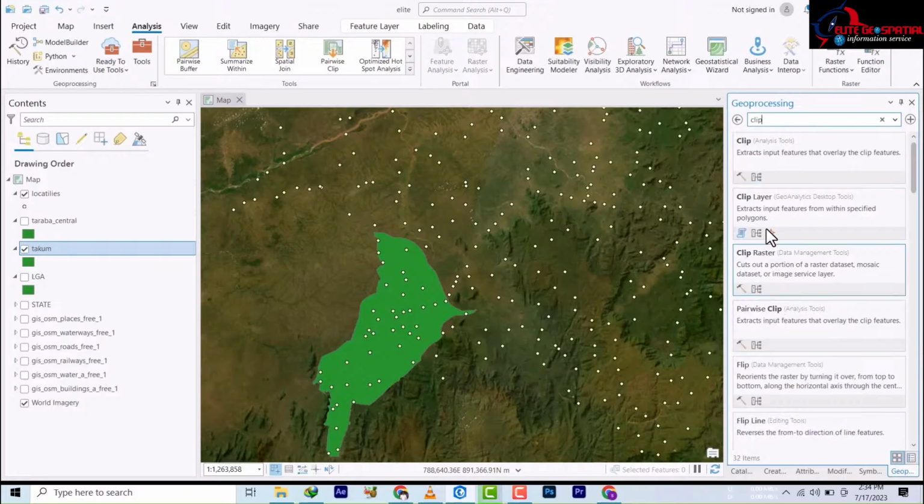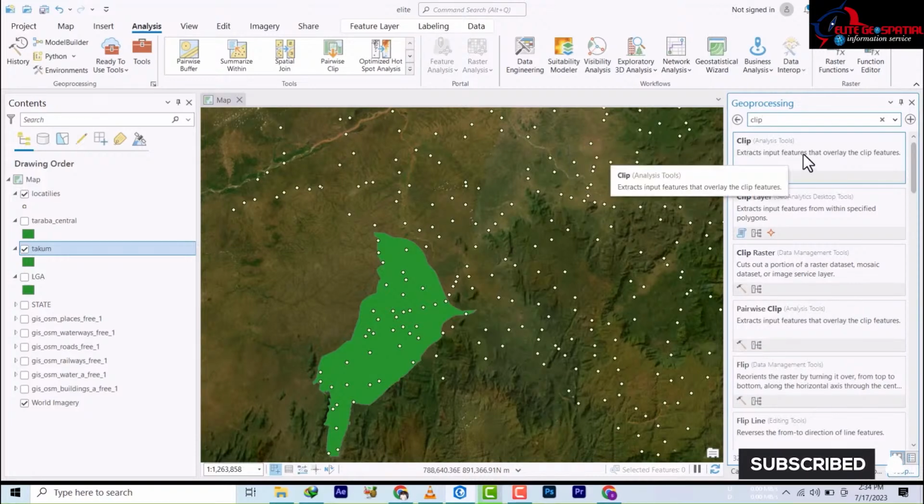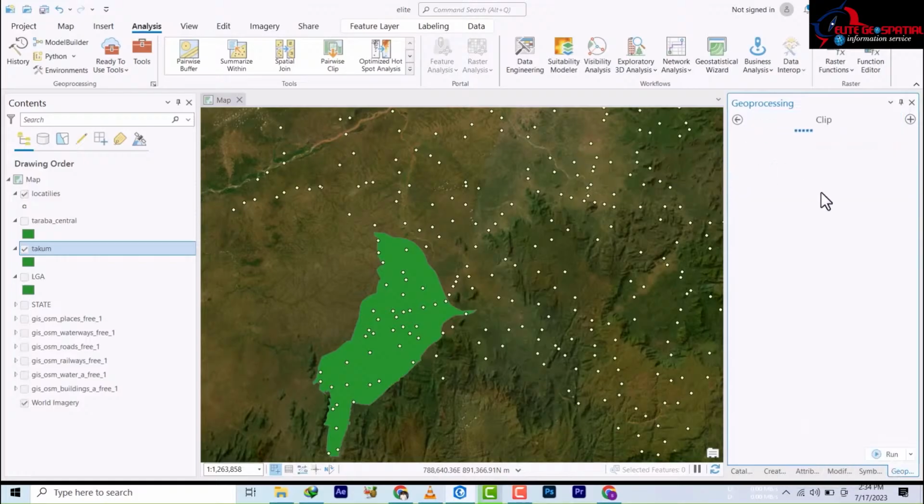and here there are varieties of clips which we'll be going through one by one, but this is what we want. It says extract input features that overlay the clip. So we're going to click on this,